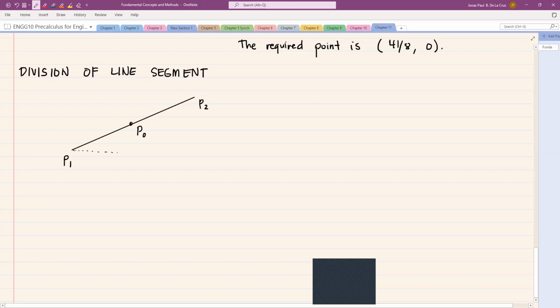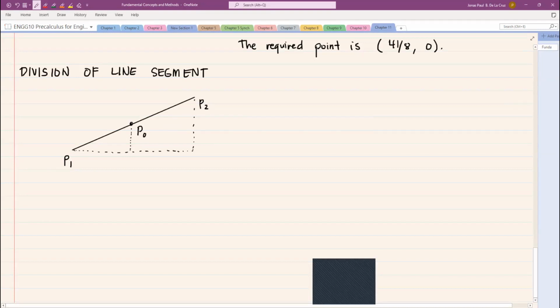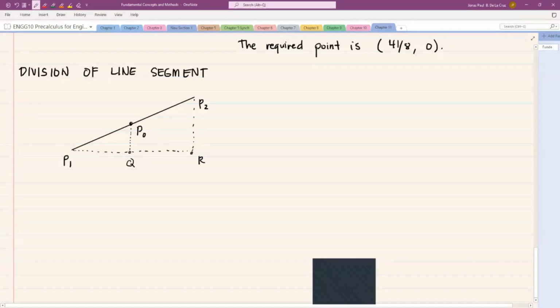Okay, so let us construct a right triangle dito. Yan. Ito, tawagin natin na Q. This is point Q. Ito, tawagin natin na, naglalag itong computer ko. So this is point Q and this is point R. Okay? Okay, so meron tayong two triangles, dalawang right triangles, ano? So meron tayong